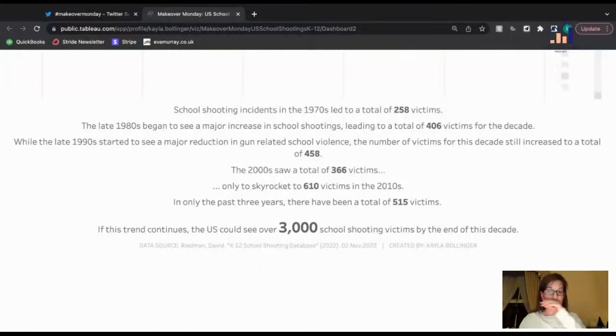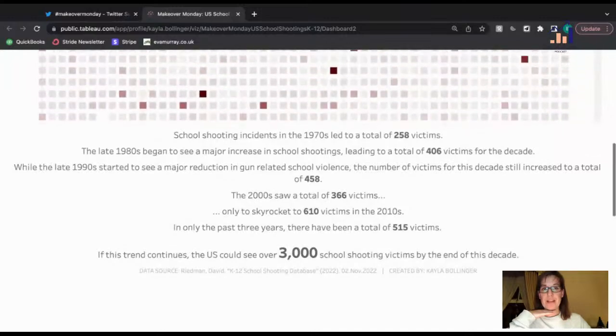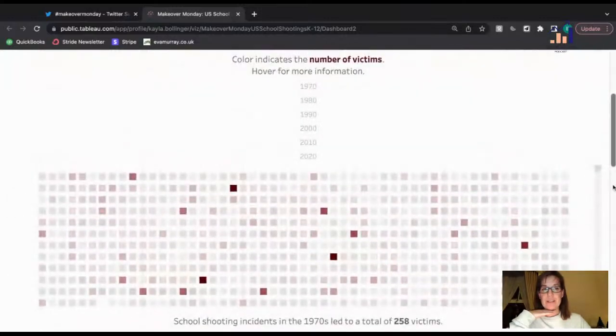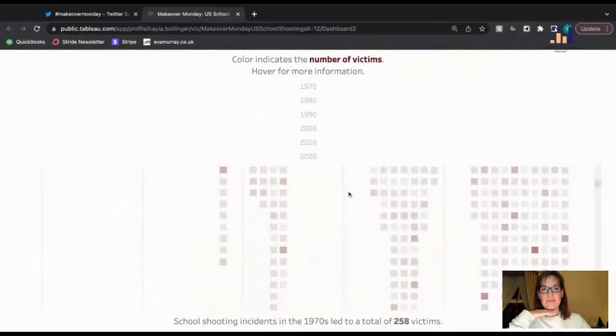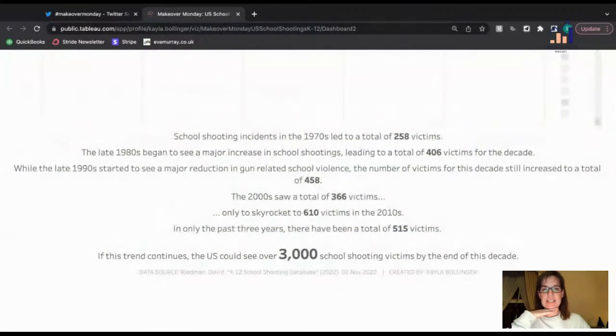Now, I will say I'm looking at this on a laptop screen, so it's a smallish screen. I don't know how it would look on a big screen, but if the layout stays the same and doesn't change, then I think, because people have to scroll a really long way through the actual visualization, I don't know if they would even see the stuff at the bottom because you're scrolling, and then you get to the bottom and it's just text. I haven't read all the words, but formatting can help a lot here to lay